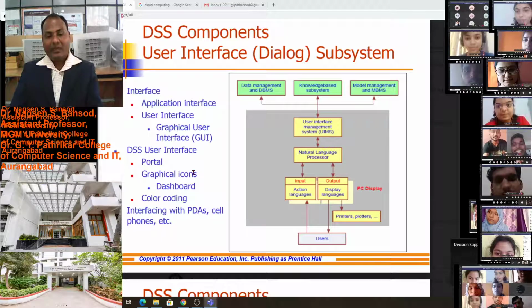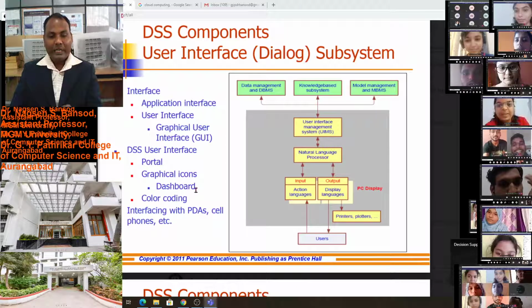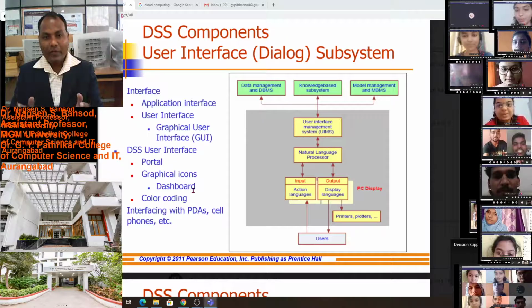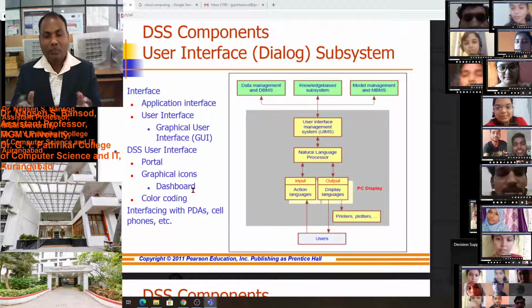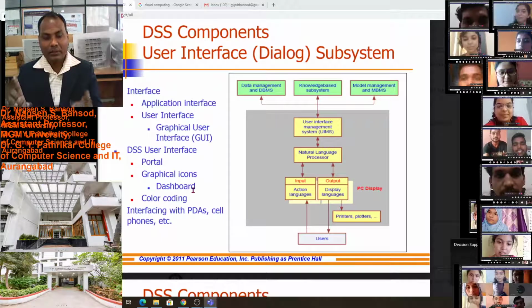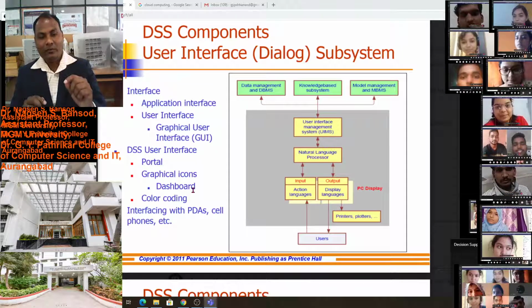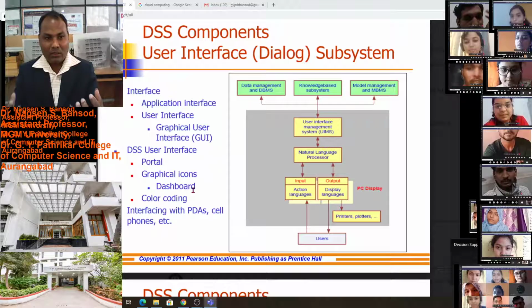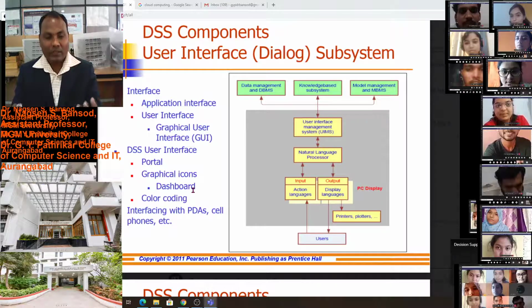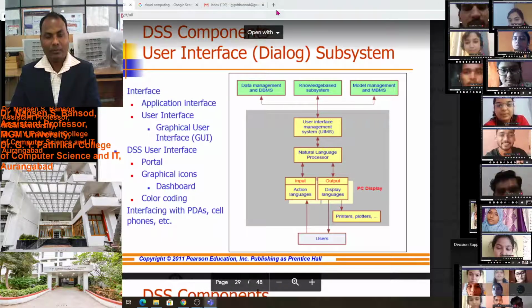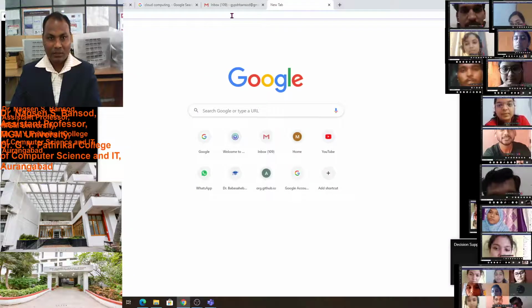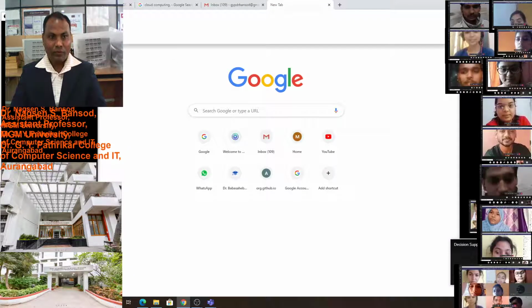A graphic icon, a dashboard. In our software we have to provide a good dashboard so people can easily view the products, like Amazon and Flipkart provide us a good view.